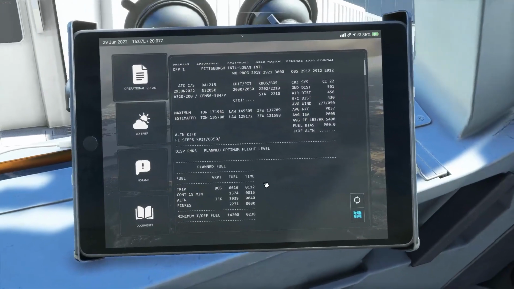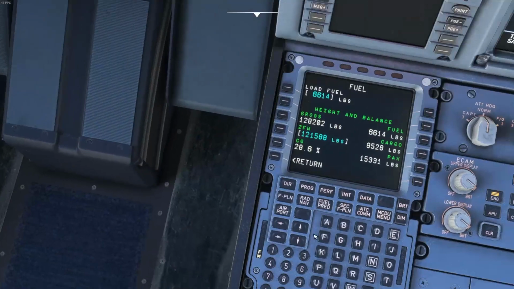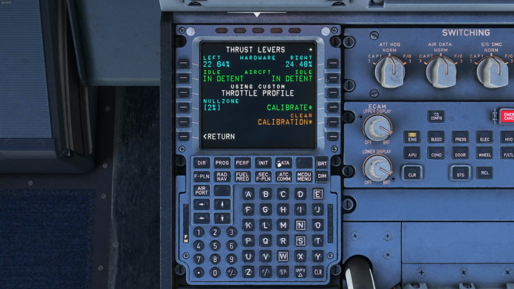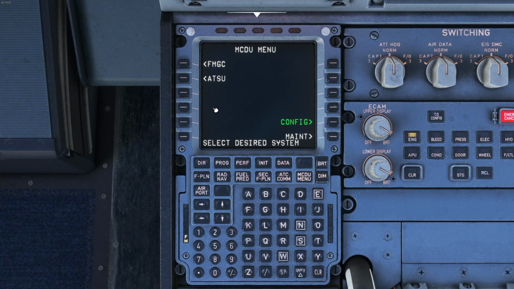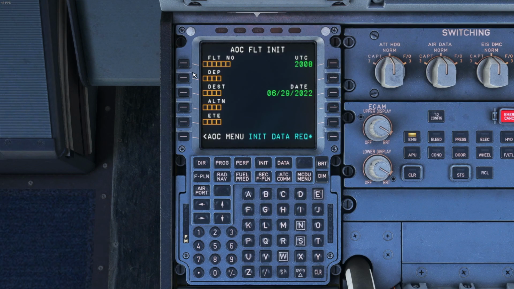And then we'll jump back up here, and our block fuel was 14,708. So we'll put that in here as well. 14,708. All right, so we have our fuel and everything situated. We can go ahead and click return. We'll go to MCDU menu. We'll go to ATSU, AOC, flight init,